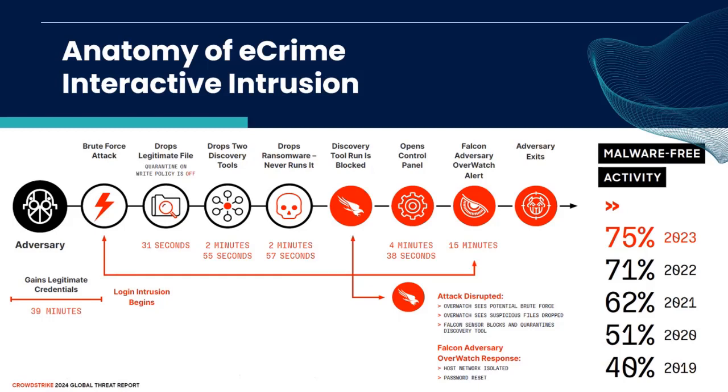Here we can see that interactive intrusion, where hackers gain hands-on access inside victim networks, jumped 73%. And once they breach, attackers moved through the system in almost 20 minutes. So you can see from the brute force attack until it's detected by Falcon, which is one of the products of CrowdStrike, it's almost 20 minutes from the initial access until the execution. And this quicker lateral movement and identity-focused tactics are rising to 75% of detections.